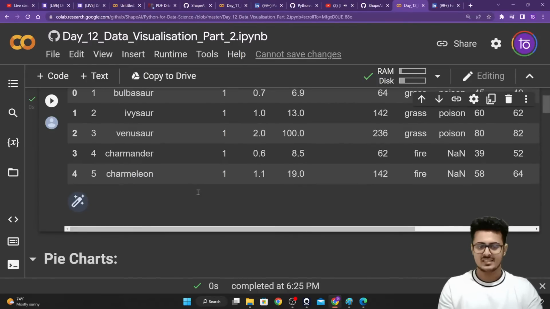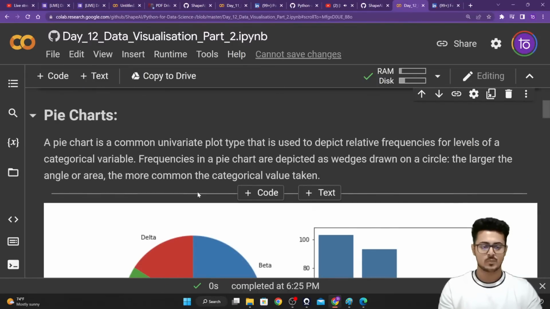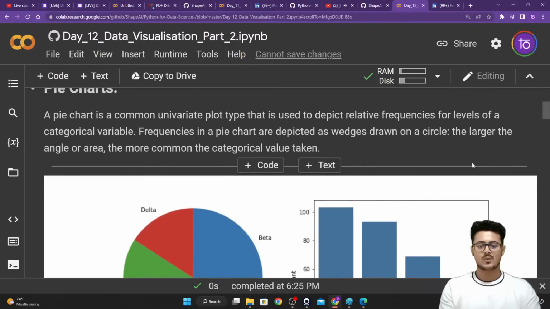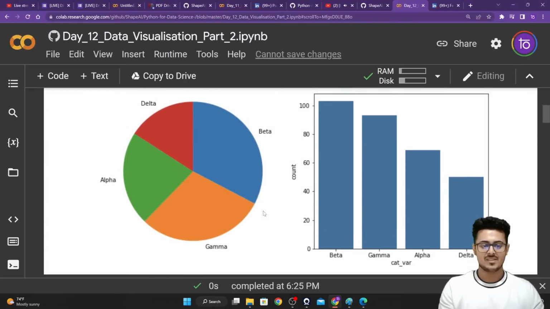We have already done this yesterday, so we can directly jump off to pie charts. I don't think we actually need a particular answer. So what is a pie chart itself? The name itself tells us that it's a representation of a whole. Whenever something is a whole, as a community, and you're trying to represent it in ratio intervals, again ratio data itself, that is the point of time you will be using pie charts.